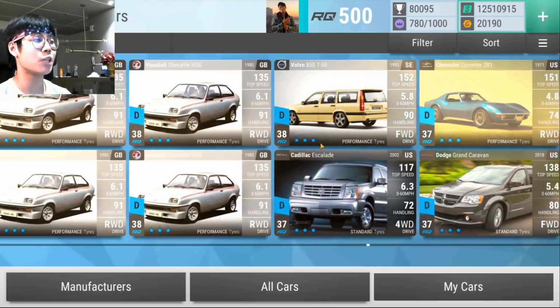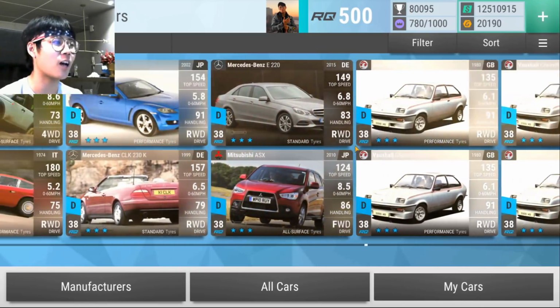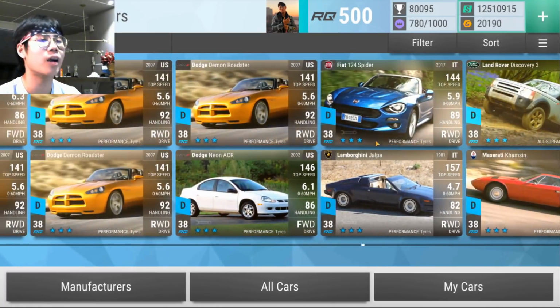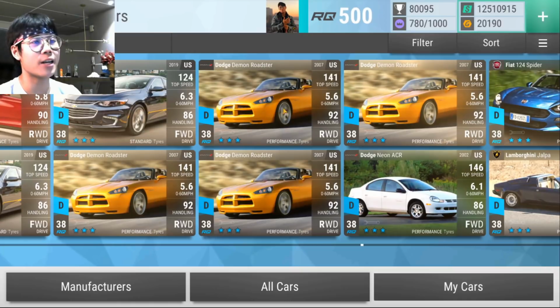So a lot of these you've seen before. I think in between the last garage review and now, I've maxed out 2 more Vauxhall Chevettes. And that's really just a lot of what I've been doing. I've just been maxing out a lot more of the same car. So I have 4 Chevettes, I have 10 Chargers, I have 4 Demon Roadsters, which ended up being super useful